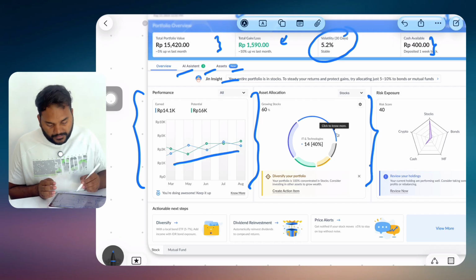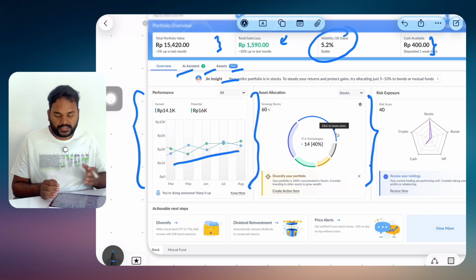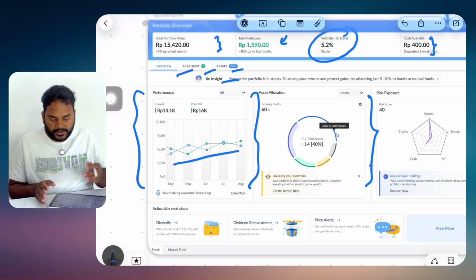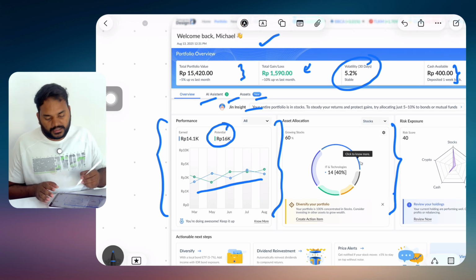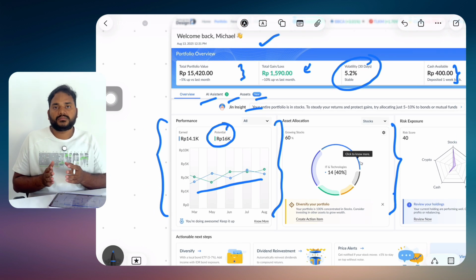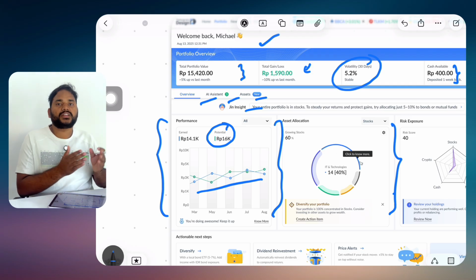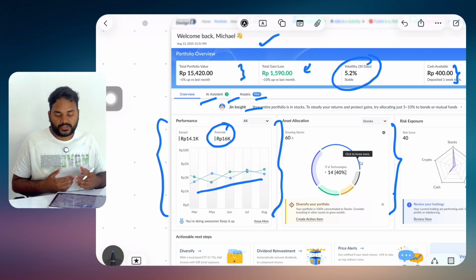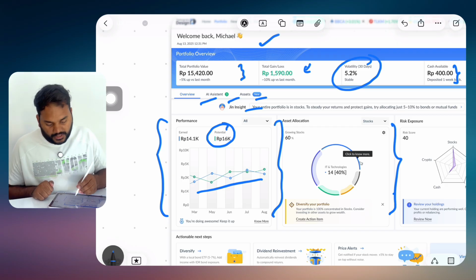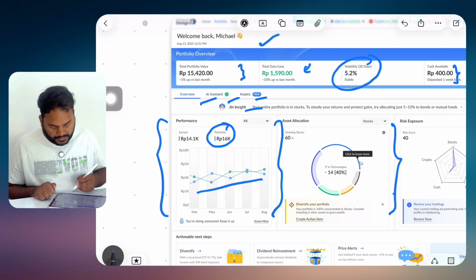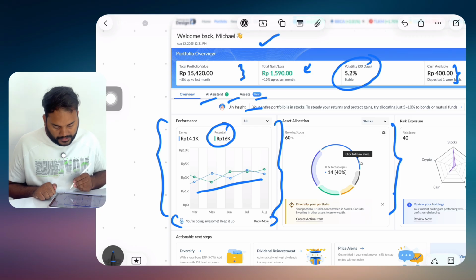This is a line graph where you can see the individual investments that the user has done among the different months, and also they can see how much they have earned and what could be the potential. Potential is something that is from the AI or the algorithm designed by the company. These are the chances that the user has missed. So we are creating a FOMO effect for the user to start taking action on the insights that are given by the company. This particular information, the potential, will be helpful in that part. And at the bottom you can see that there is information like, you're doing awesome, keep it up.